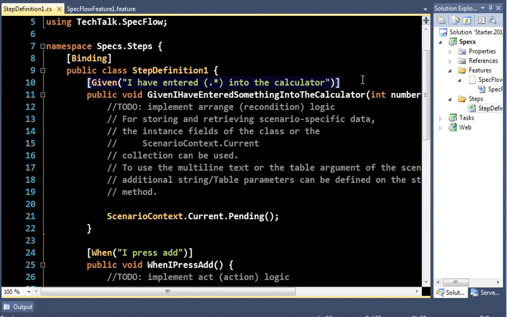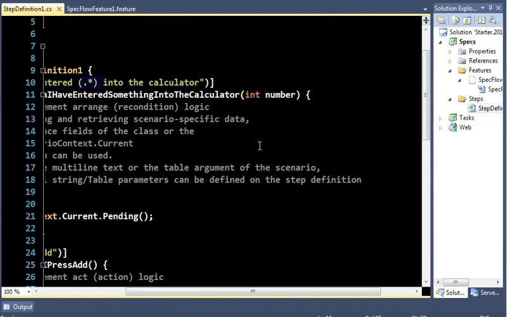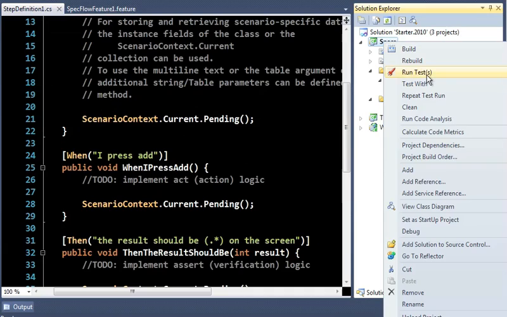It works based on finding a method with a particular attribute. So it's doing a little reflection, scanning the assembly, trying to match the Gherkin syntax with an attribute. And notice here it also lets you use regex, which is pretty neat. And it takes that regex and passes it in as an argument. So if I run,